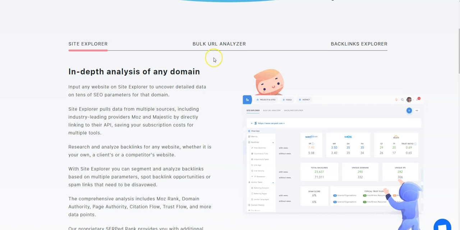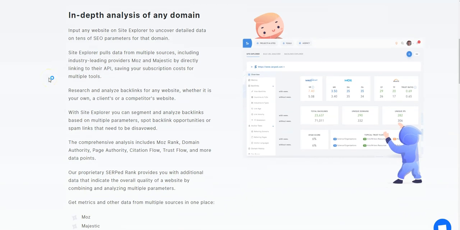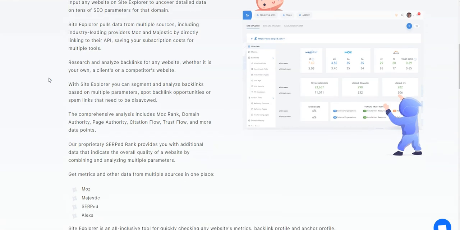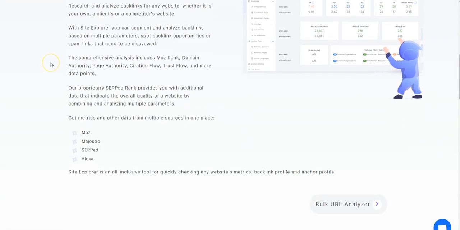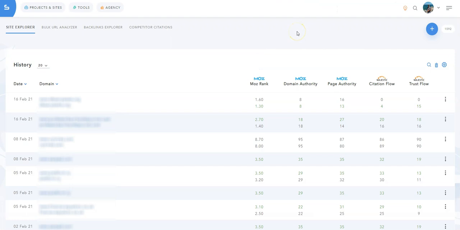In this video, I'm going to do a quick demo of Site Explorer, which is our most popular tool and a tool that allows you to carry out in-depth analysis of any domain, site, or URL. You will be able to uncover detailed data on tens of SEO parameters, as well as research, segment, and analyze backlinks based on multiple parameters, spot backlink opportunities, and spam links that need to be disavowed. You can analyze your own sites, of course, as well as your client sites, competitors, or edge domains you are